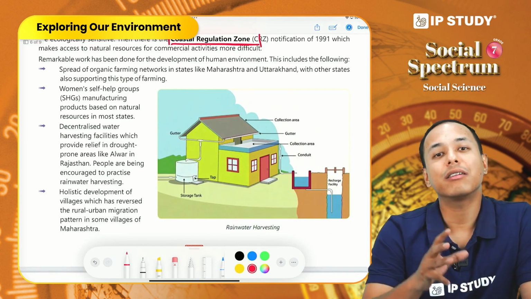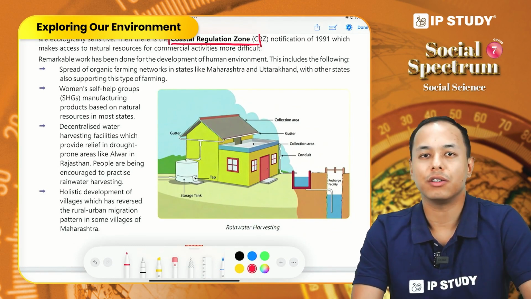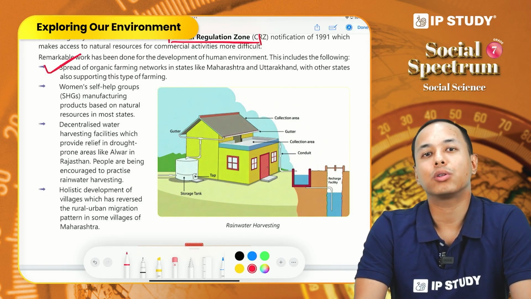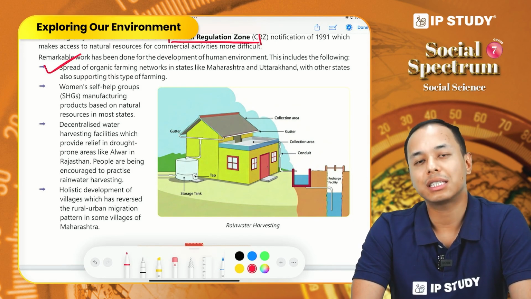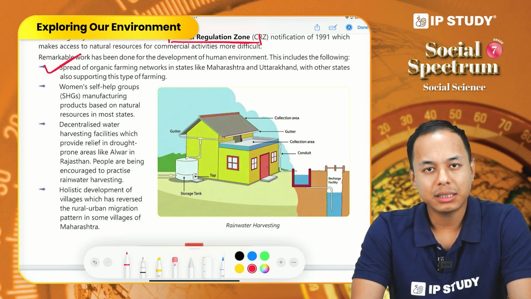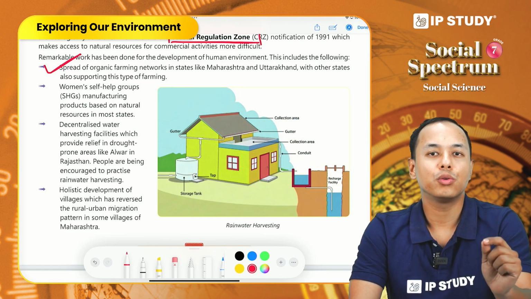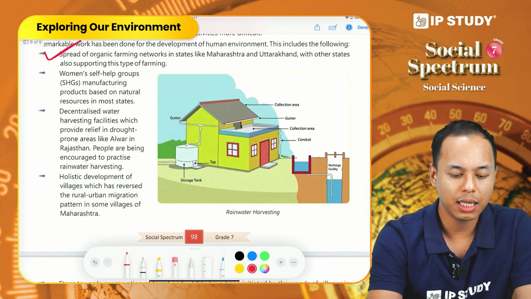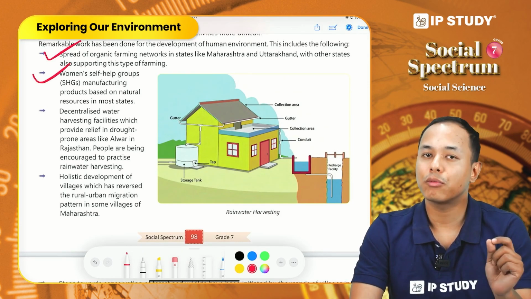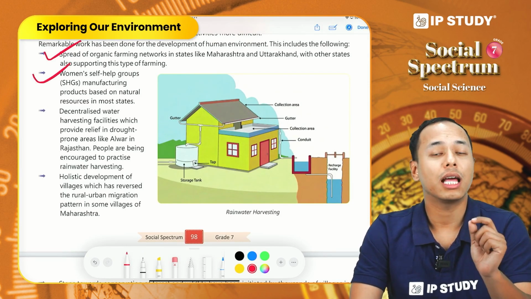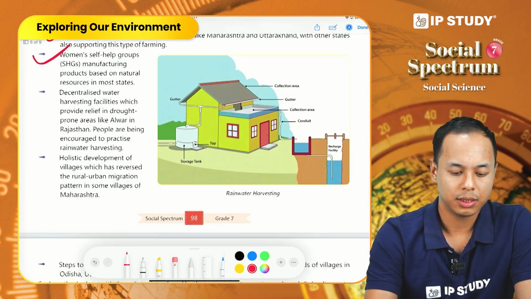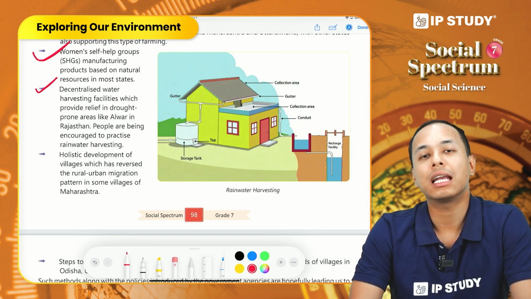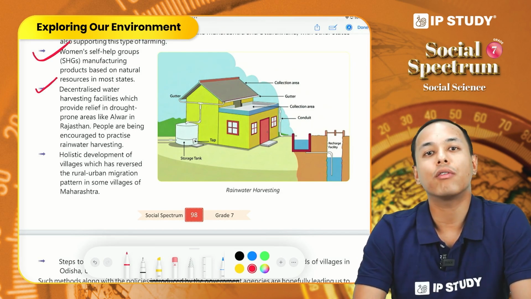So now let us see the remarkable steps towards sustainable development. Firstly, spread and promotion of organic farming. So now organic farming has been promoted in different states. And what does organic farming mean? Organic farming means farming without the use of chemical fertilizers, using traditional manure and methods. Secondly, encouragement of women's self-help groups that manufacture products based on natural resources. Thirdly, decentralized water harvesting systems and facilities have been promoted and encouraged in different drought areas of Rajasthan, such as